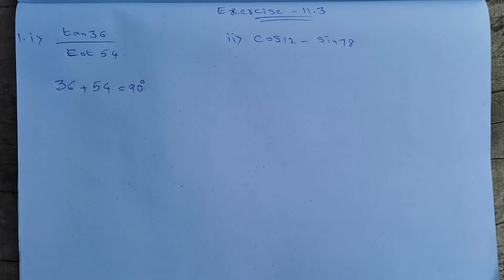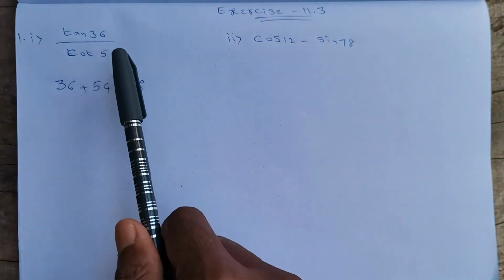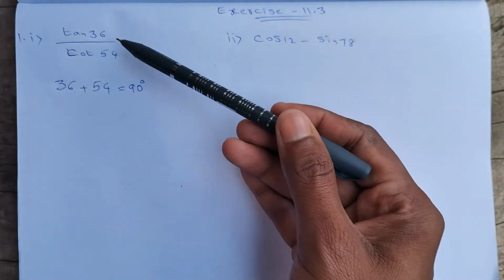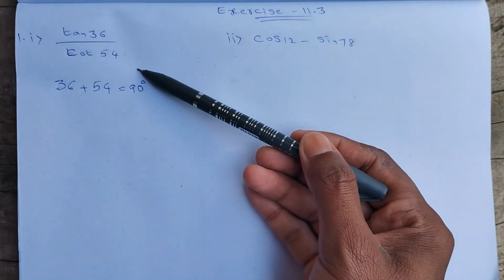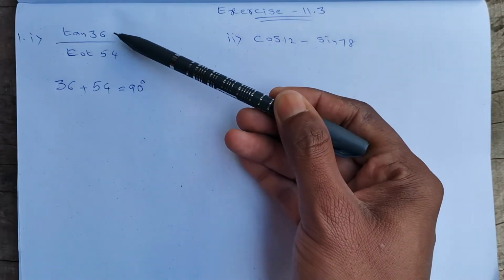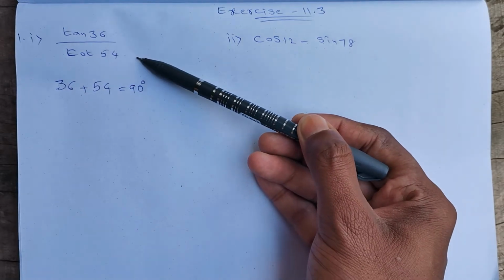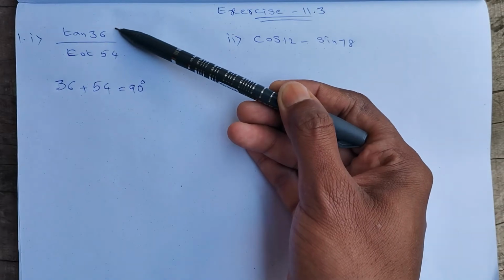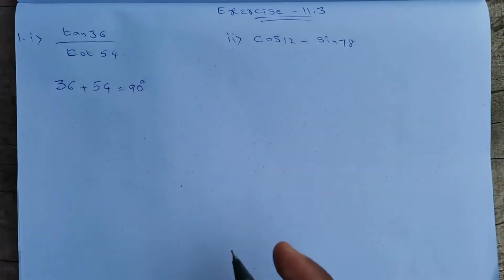So in this whole exercise we are going to use the same logic. If two angles are mentioned, their sum should compulsorily equal 90 degrees, then only this logic is going to be applicable. Now out of the given two terms, numerator as well as denominator, only one term we need to change. If we change the numerator, we should not touch the denominator. In case we change the denominator, we should not touch the numerator at all. Okay, then let us start.